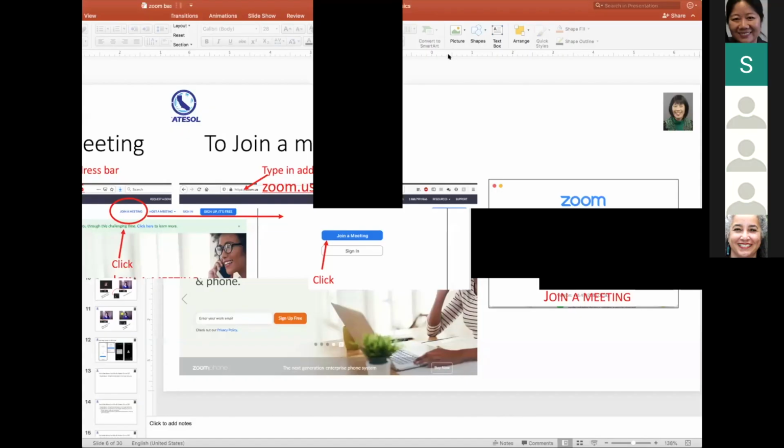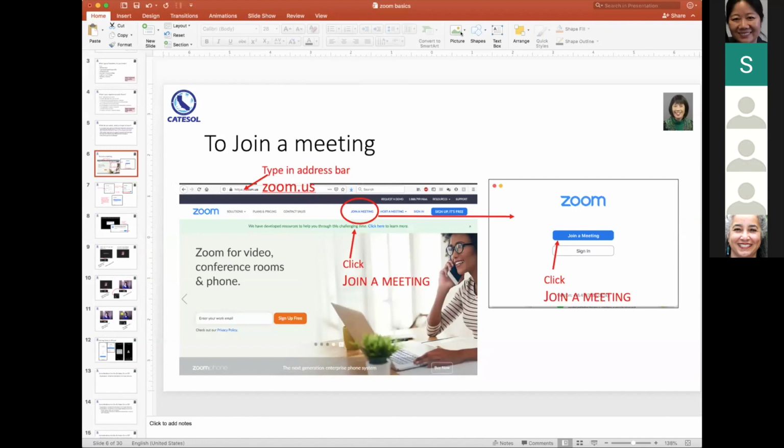But what I'd like to do now is to share with you some basic things about getting into a Zoom room, such as just how to join a meeting. What do you do in order to join a meeting? So let's take a look. One of the ways, there's always more than one way to do something, but one of the ways is to type in the address bar